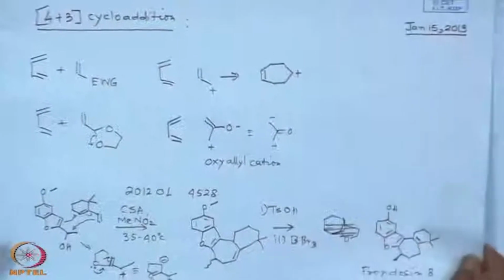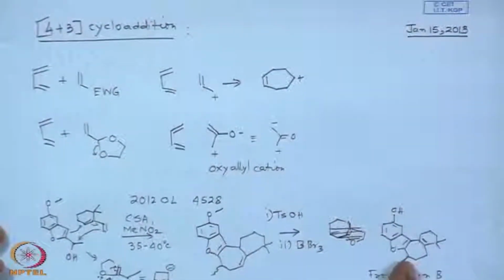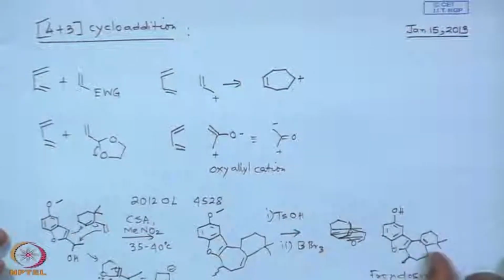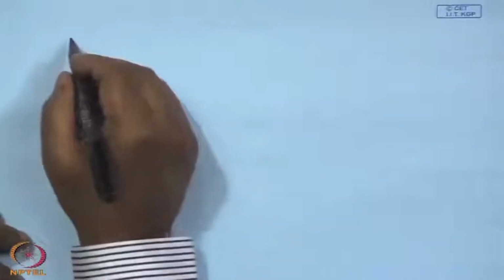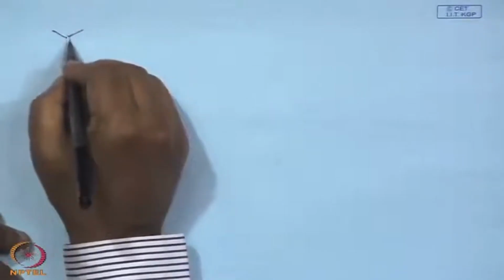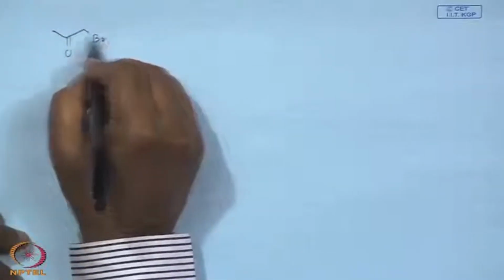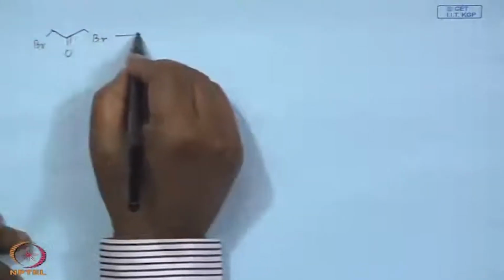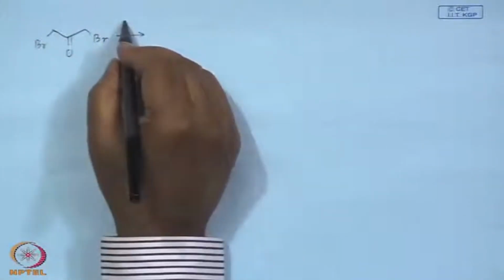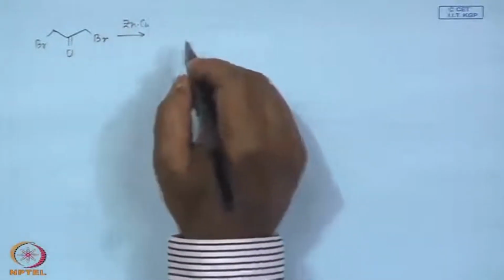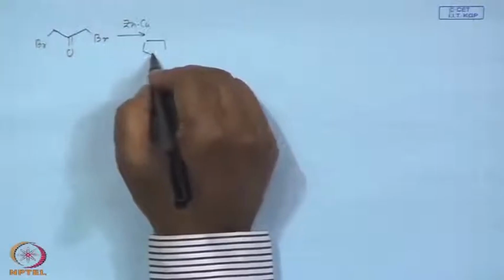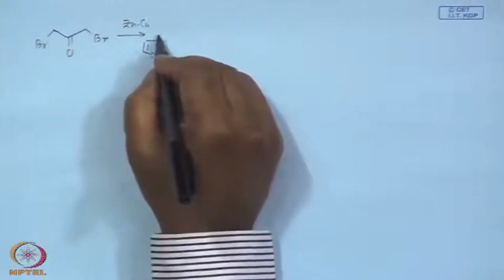But it is not forming a heterocycle though, it is forming a carbocycle, a 7 membered carbocyclic ring system. Let us look at some other examples where you will see that heterocycles are being formed. The substrate here, in this case again, is a ketone, with alpha and alpha prime positions. What you do here, you treat this with zinc copper couple. It could be simple copper bronze also. This is basically a reducing agent, and you treat this with furan. So, if you add furan,